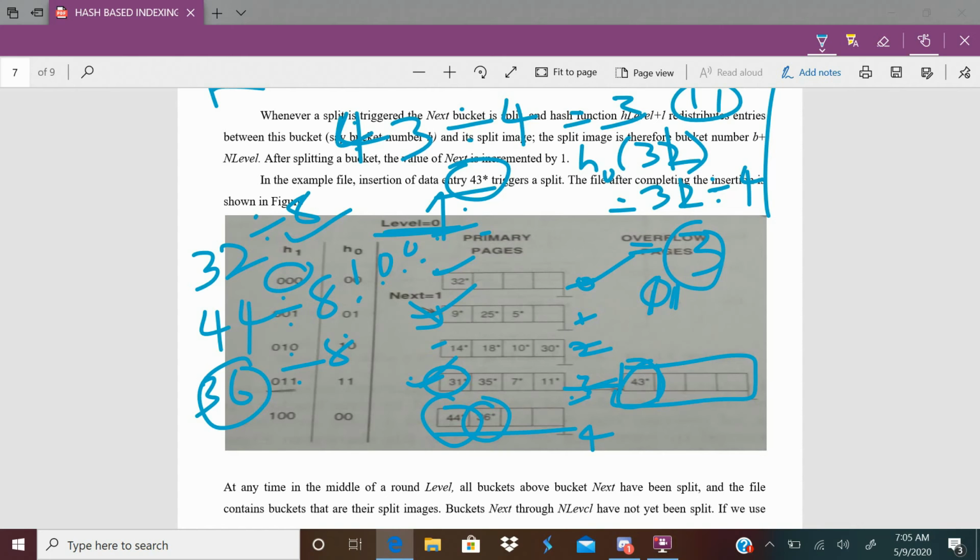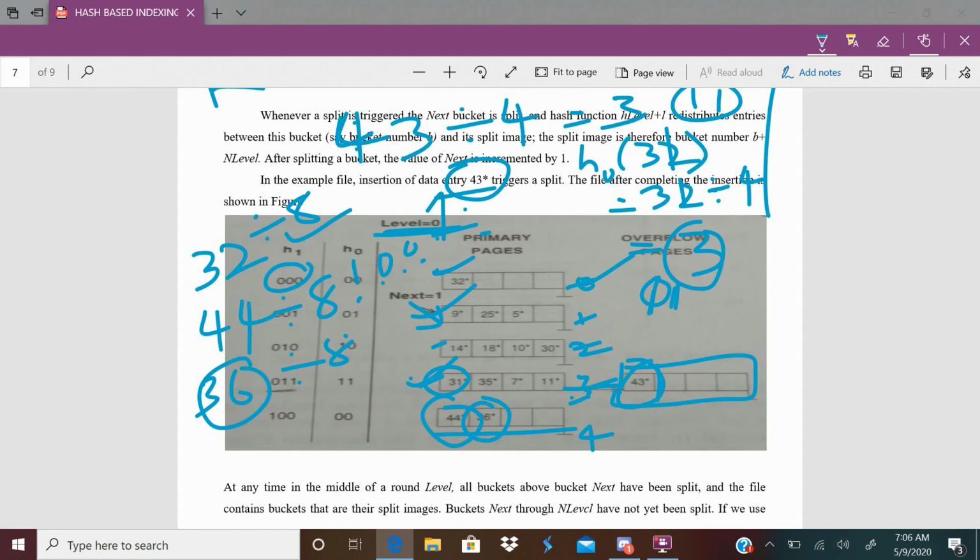After the 7th bucket is split, the level is going to become 2. Again next is pointing to 0. Likewise, after buckets 0 to 7 are split, the total number of buckets is 16. 16 buckets means it uses the H3 function. H3 means level is 2, which means one more round. Again next is pointing to 0 and it starts splitting from 0 to 15. Then again next comes to 0, and it splits 0 to 31. Likewise it is going to be split. Right? Okay.